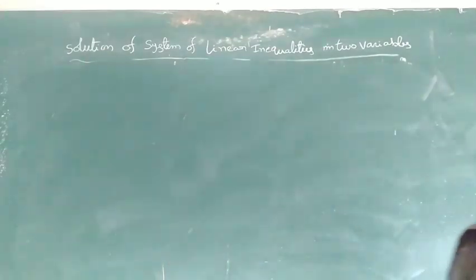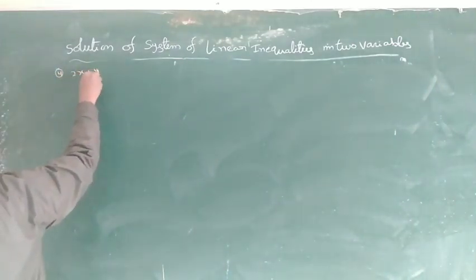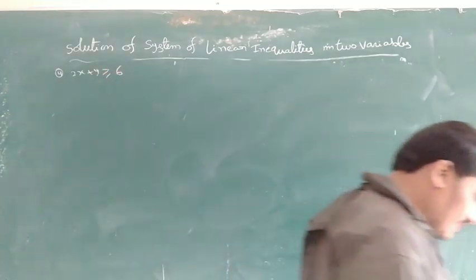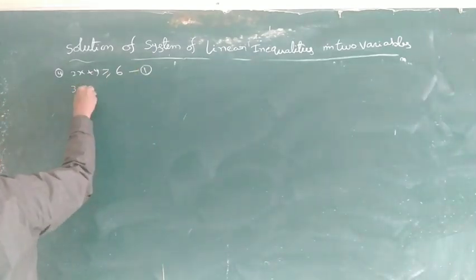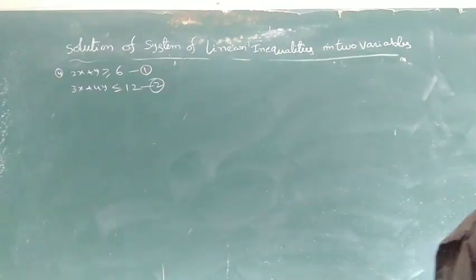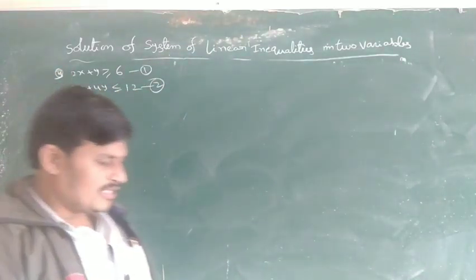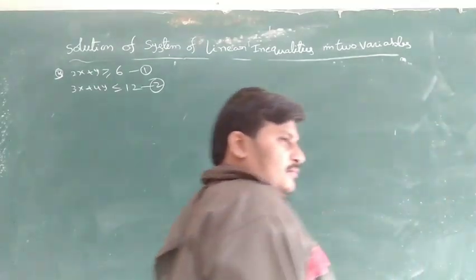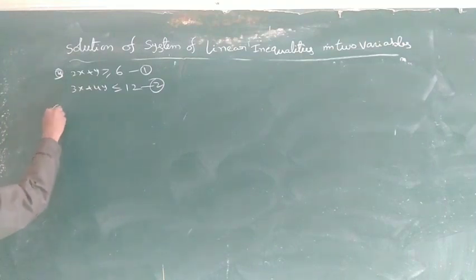Okay, next. 2x plus y greater than or equal to 6, problem number 4 maybe. And 3x plus 4y less than or equal to 12. The first problem had only a single variable inequation. The second one had double variable and single variable. Next, the third one has only double variables. First consider